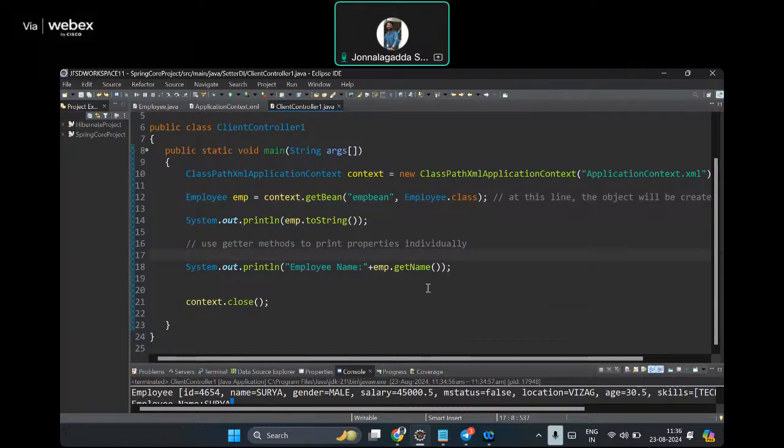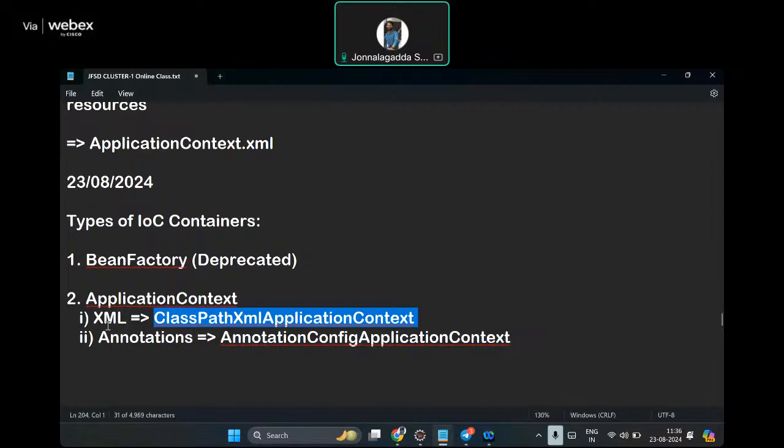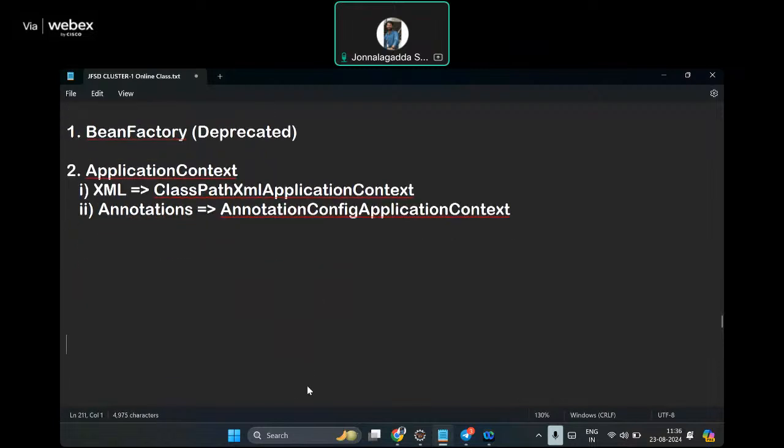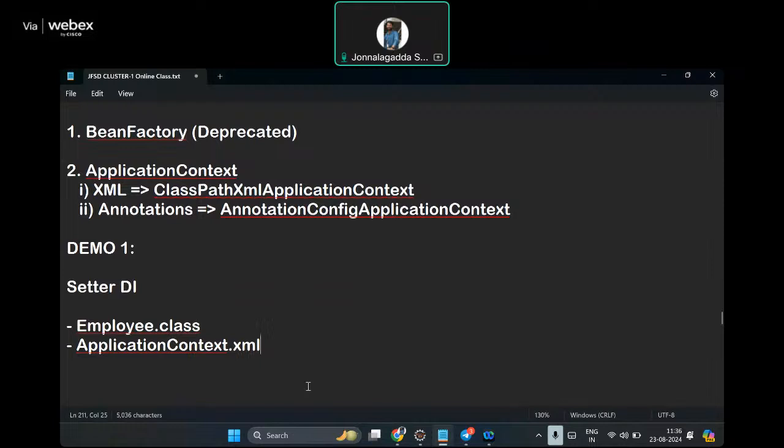We are using ApplicationContext because BeanFactory is deprecated. If it is XML, go with ClassPathXmlApplicationContext. If there is annotation, go with AnnotationConfigApplicationContext. Now let me repeat again. We have done the first demo, which is setter dependency injection. We created a total of 3 files: Employee.class, then the application context XML. You can give any name for the XML file, but as per the documentation naming convention, I'm giving applicationContext. And the third one is the main method, ClientController1.java,